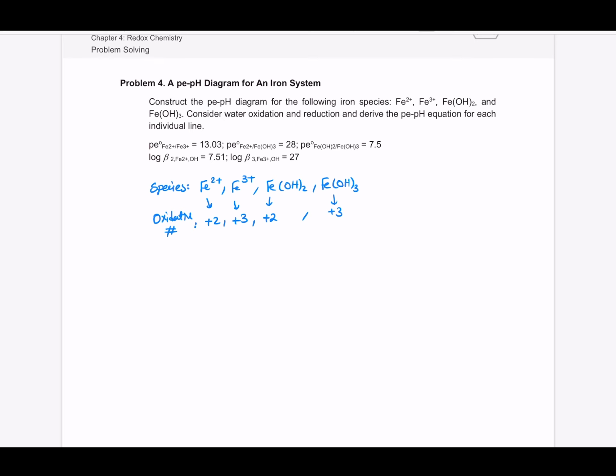So it seems it's not possible to jump from Fe3+ to FeOH2. If we look here, that information is not given. So that's what I'm saying: just stick to the information that is given. This would be a good way to figure out what you expect in terms of the redox reaction. So you expect the redox reaction between these two, and then you look here, and you see that value is given. So that's how you proceed with